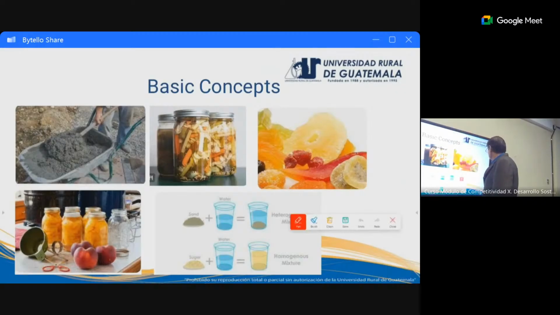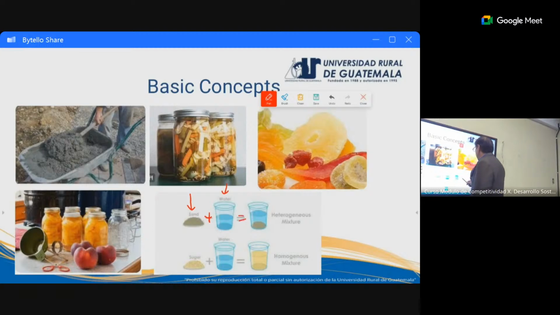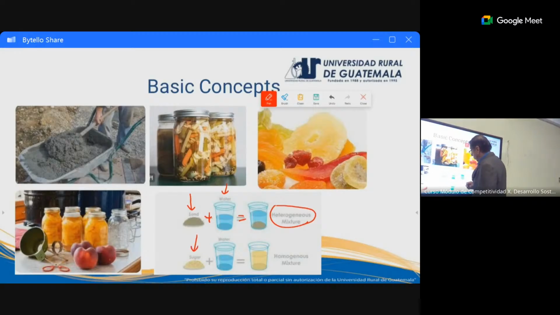In this case, we see some sand here, plus water, and then we will get a heterogeneous mixture. Okay, heterogeneous mixture. But if we mix or combine sugar plus water,